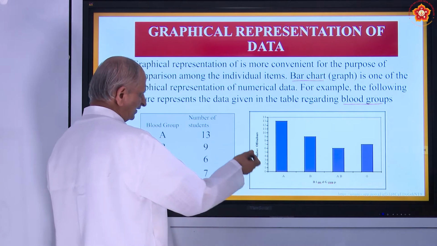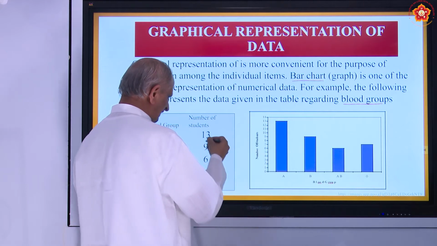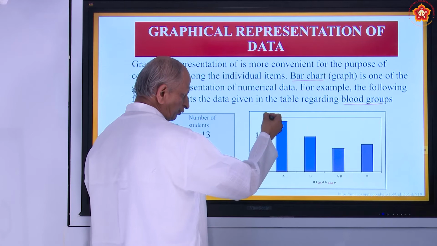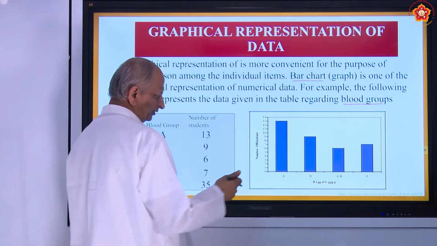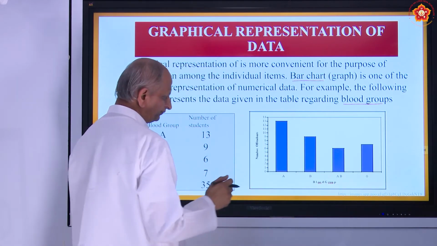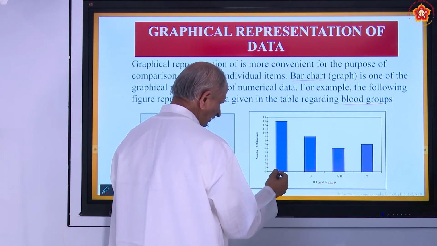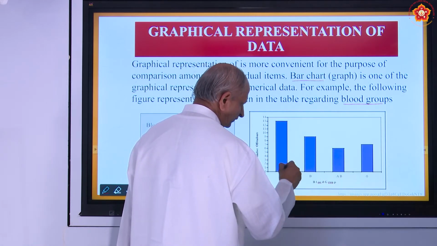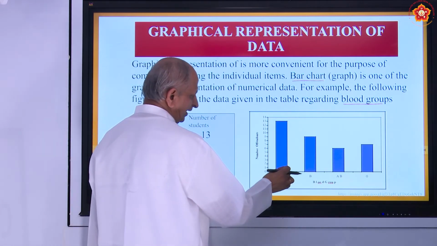And while writing the number of students, here 13 is the maximum. So up to 13 you can have. Here we have drawn up to 14. So depending on the students, we will draw this y-axis. The x-axis shows the blood groups, and these are the intervals, the class intervals of A, B, etc. So first you must divide it into a suitable scale, say of 1 centimeter each, and the depth, the breadth